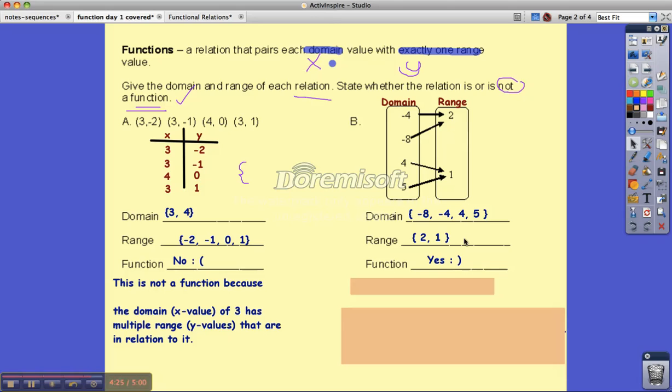I know that some of you might have said no because there were only 2 y values listed. But let's review the definition of a function. A function is a relation that pairs each x value, each domain value, with exactly one y value. It doesn't say that the y values cannot have different domains that they're in relation with. All that it cares about is that -4 is only paired with 2. It's not also paired with another number. And -8 is only paired with 2. It's not also paired with another number. So each of these